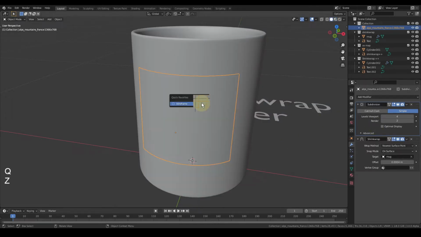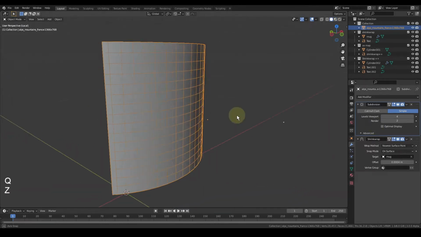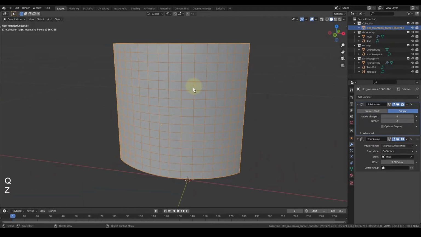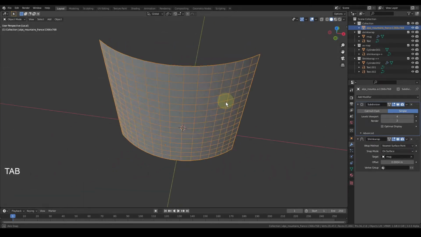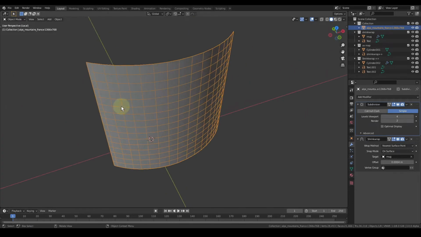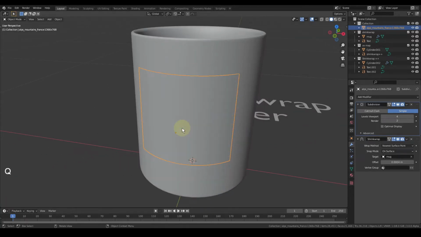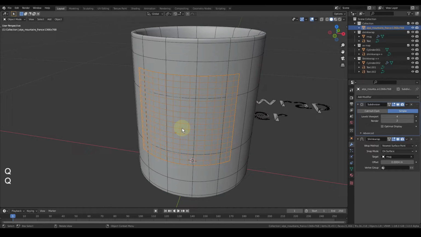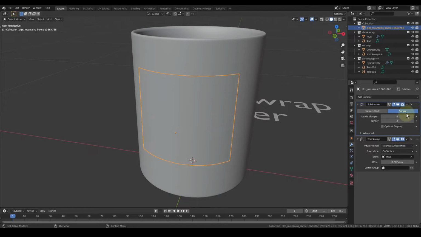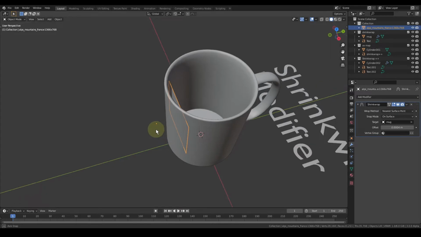So if I go into the wireframe mode again and I go into the local view, the issue here is these vertical loop cuts are being used to curve this surface, but these horizontal loop cuts are not serving any purpose. They're just there to increase the geometry, and this is going to increase the render time. So you're going to have to find a way to remove these horizontal loop cuts that are not being used.